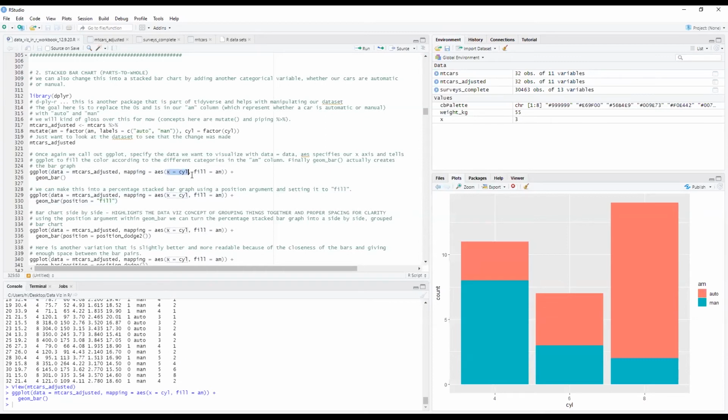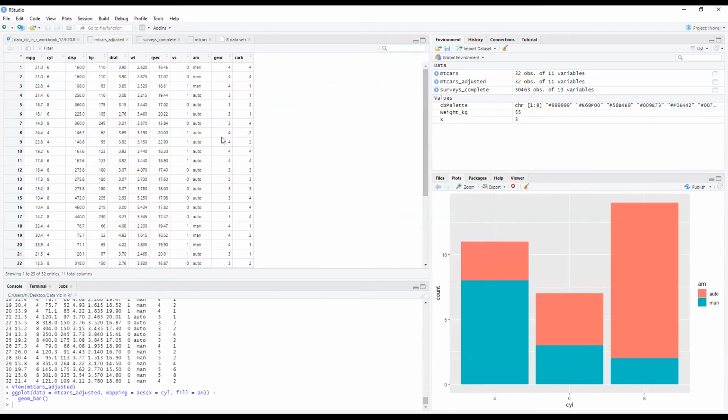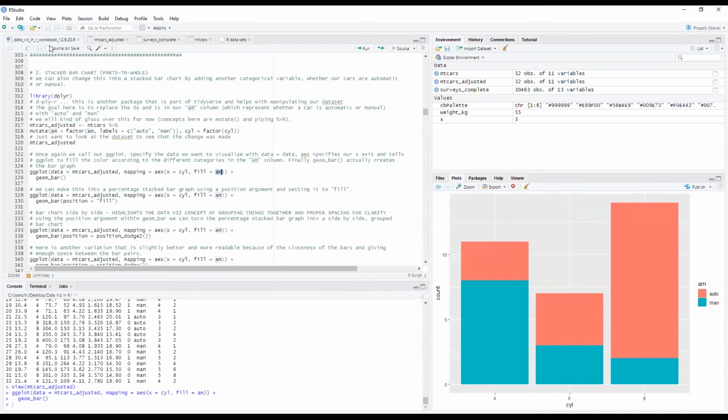I'm specifying that on the x-axis is going to be cylinders. So I have my 4, 6, and 8, and I'm going to fill the colors of these bars with whether or not they are automatic or manual. This AM represents that automatic manual column right here.